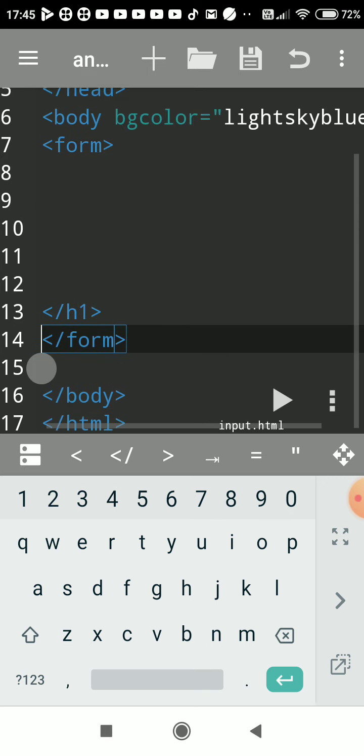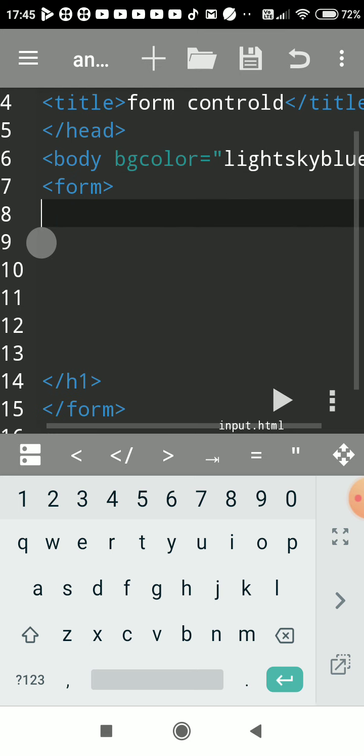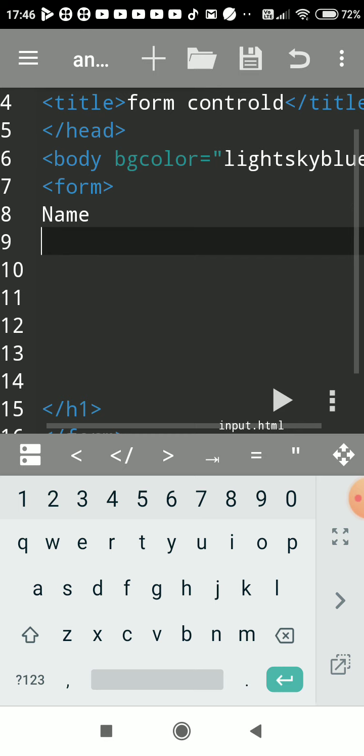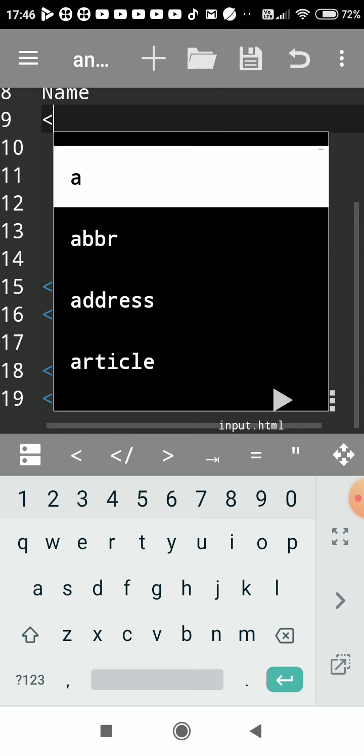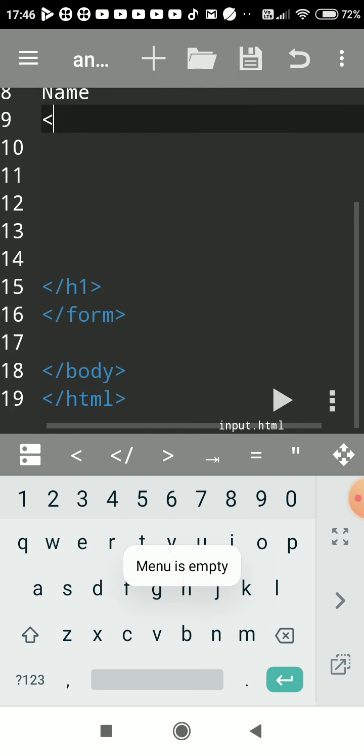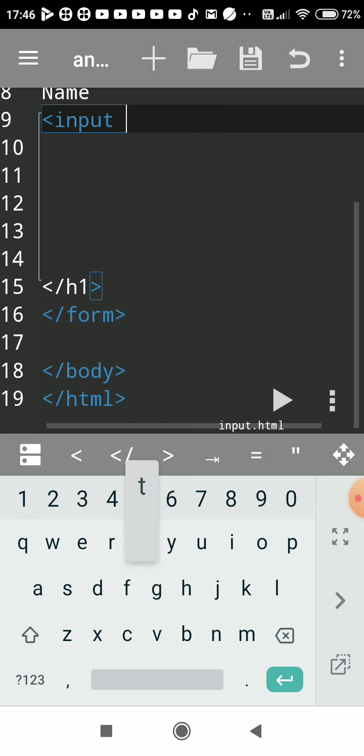Now we want to create a text box. So first I'll write label, name, then input, type is equal to text.